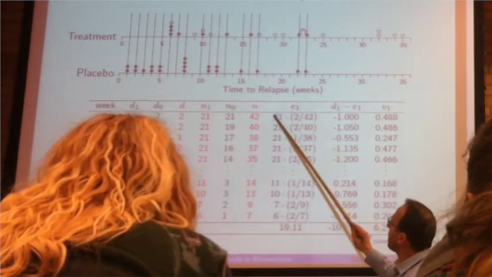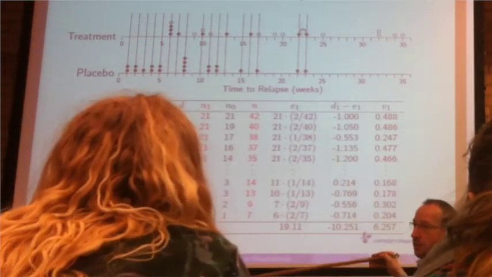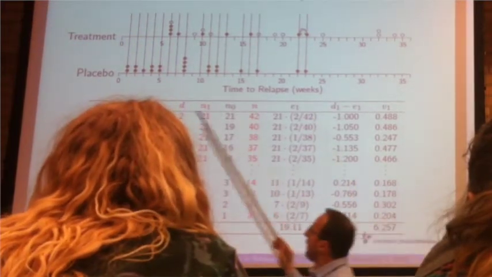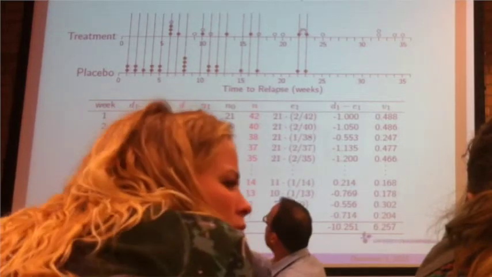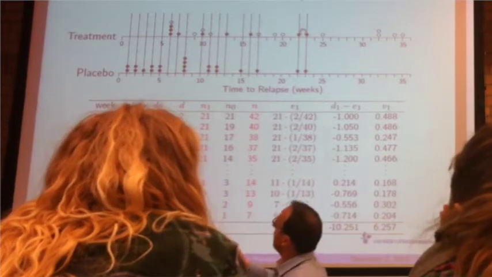In this case, the expected number of events in the treatment group is 1. Let me explain for the 4th line. No, 6th